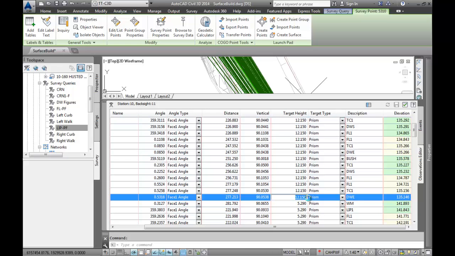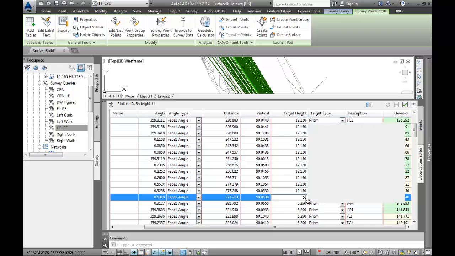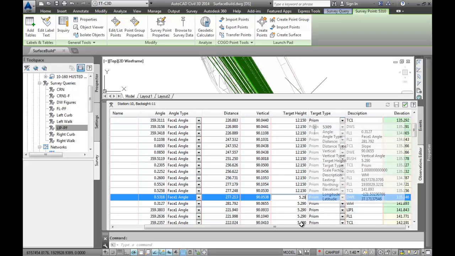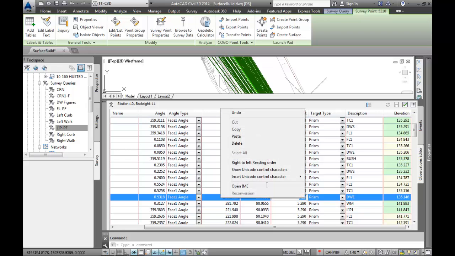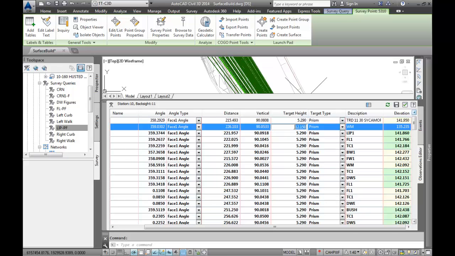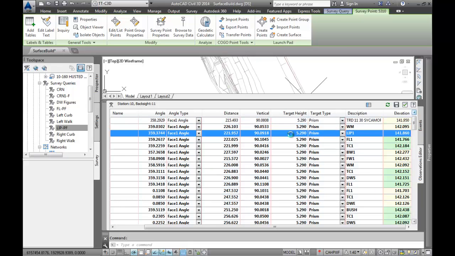Cannot do it. So it might be worthwhile, in this case, to go back to the file. We can of course edit all these. Copy this value, easy enough to paste the new prism target height value in, and now all your changes